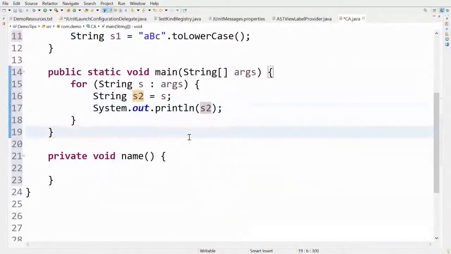After the templates and Content Assist, you would have noticed that in Eclipse IDE, the Content Assist pop-up comes up either when you press a dot or when you invoke it explicitly using Control Space. But if you want it to be activated at every key press, then you can do so in the preferences. So let me just copy all these small and capital letters and go to the content assist preferences.